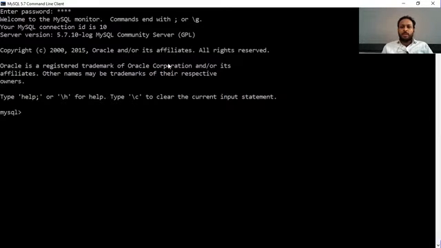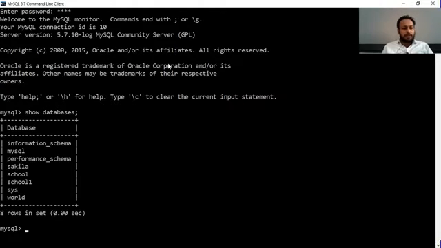We are on MySQL. In the last lecture, we learned about the where clause. We'll continue the where clause in this lecture also. Let's start our work. First, display the databases. How many databases are there? Okay, then use the database.